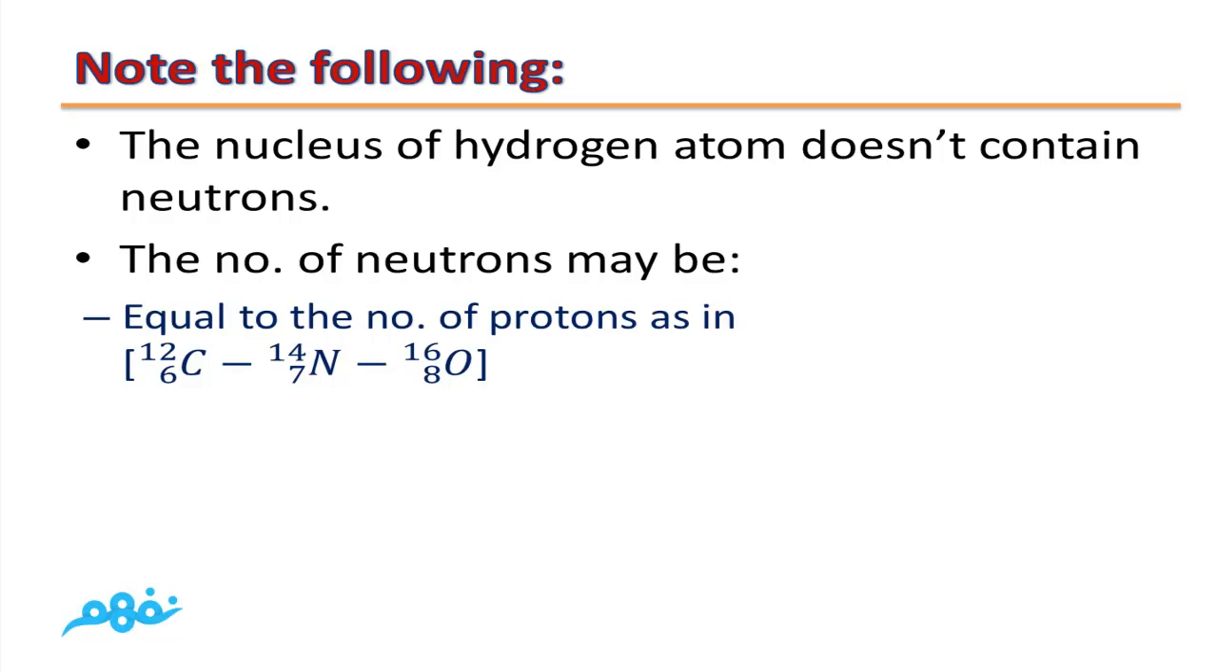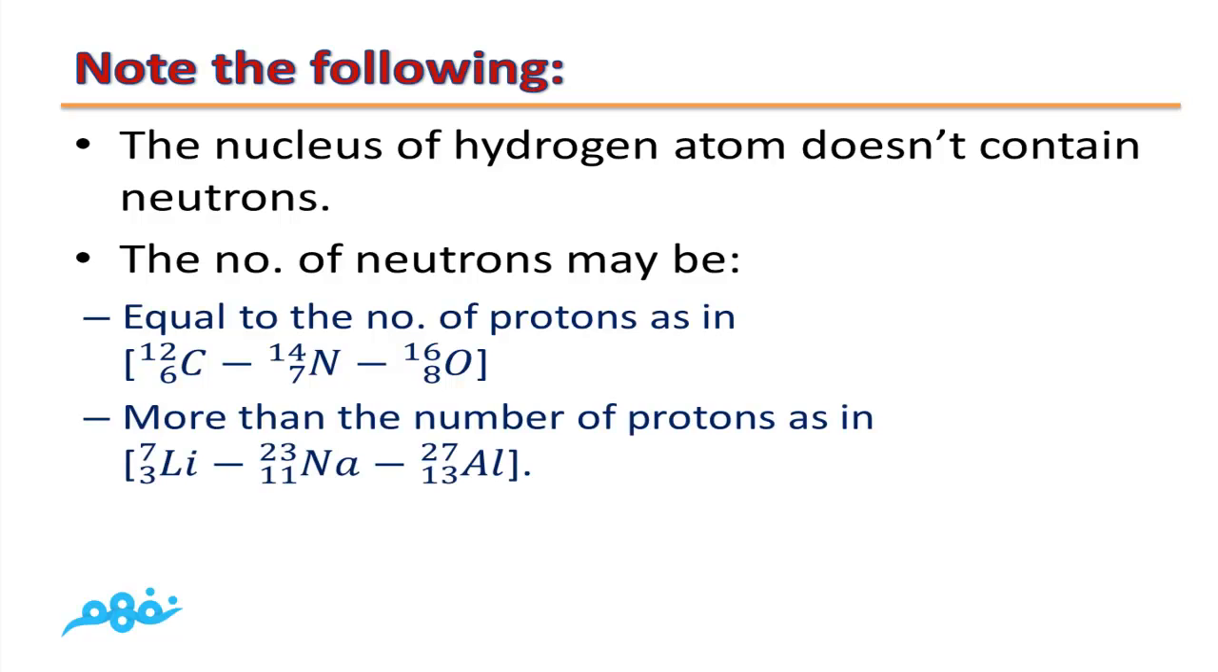carbon 12 (C-6-12), nitrogen 14 (7-14), oxygen 16 (8-16). The number of protons in carbon is 6, and the number of neutrons also equals 6. The number of protons in nitrogen is 7. The number of neutrons is equal to 14 minus 7, which is also 7. The number of protons in oxygen is 8. The number of neutrons in oxygen is equal to 16 minus 8, also 8. So the number of protons is equal to the number of neutrons in some cases, and also the number of neutrons may